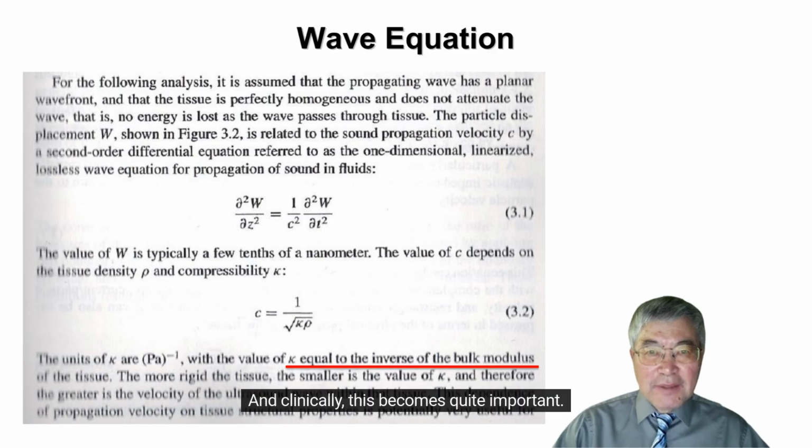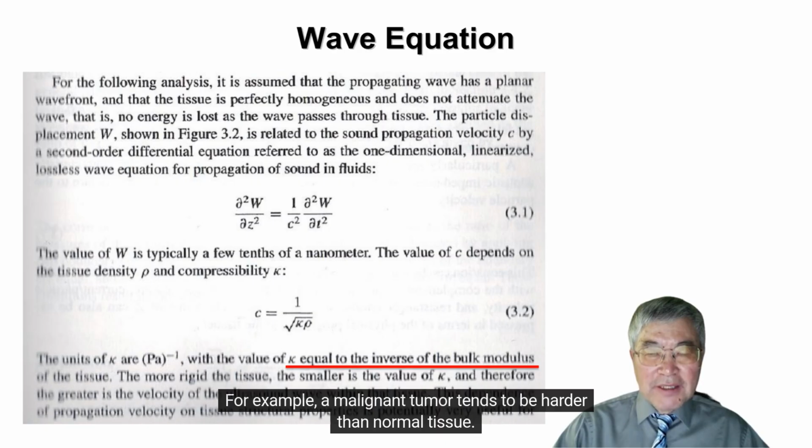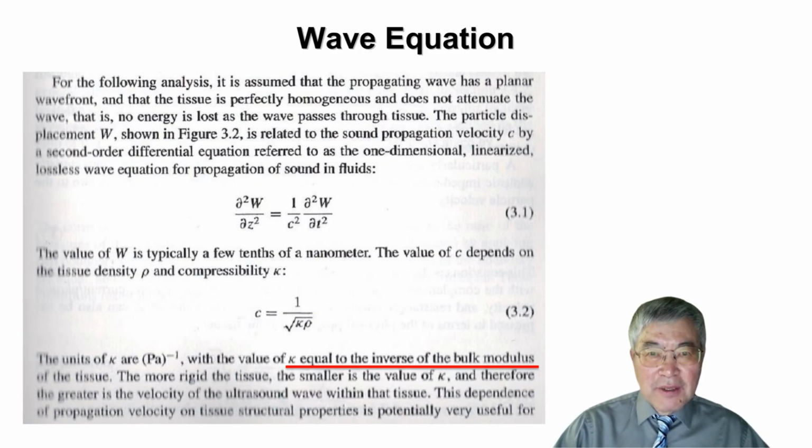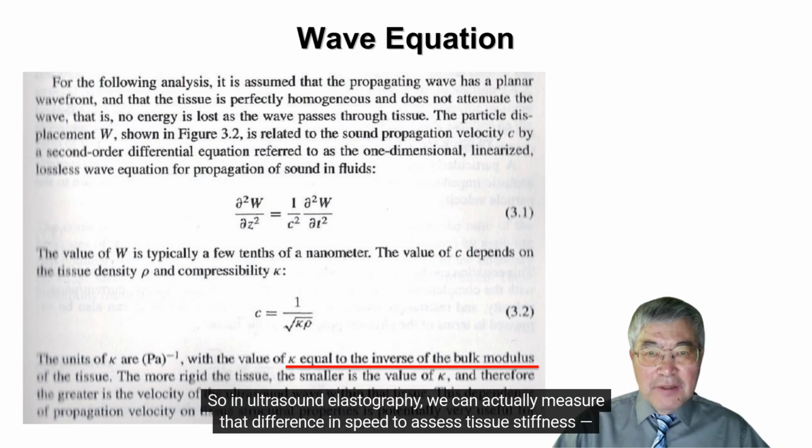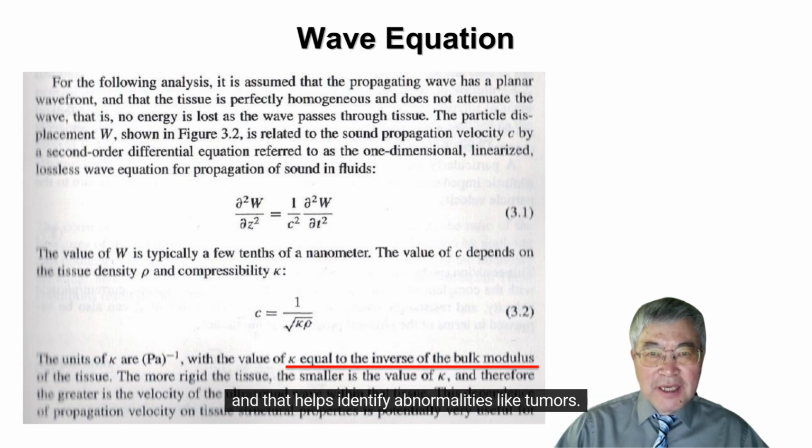And clinically, this becomes quite important. For example, a malignant tumor tends to be harder than normal tissue. That means sound travels faster through it. So in ultrasound elastography, we can actually measure that difference in speed to assess tissue stiffness, and that helps identify